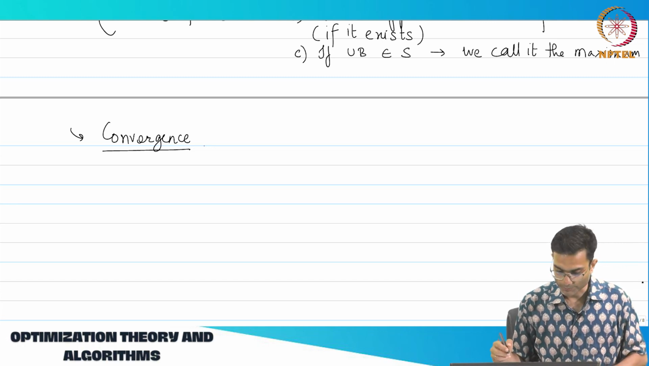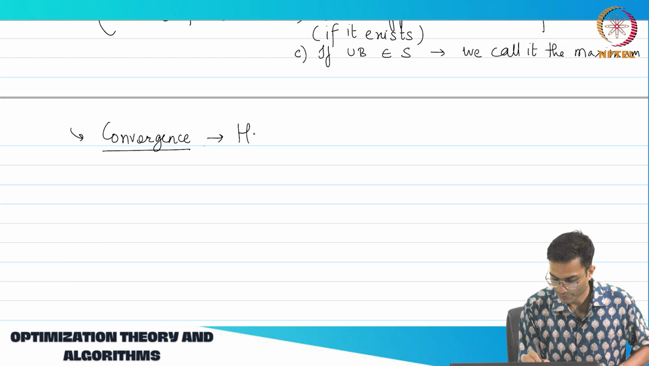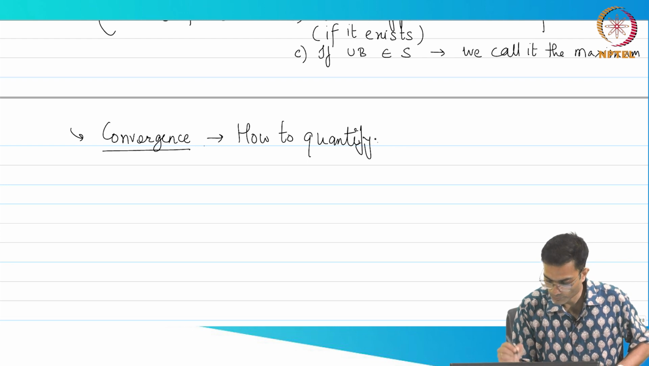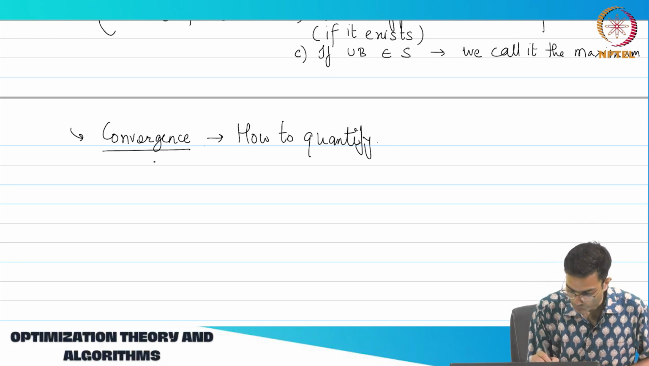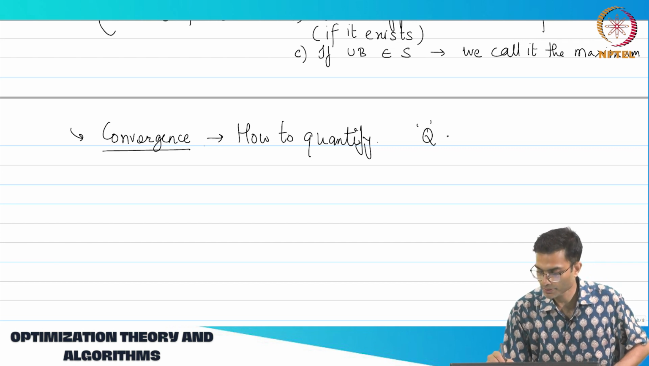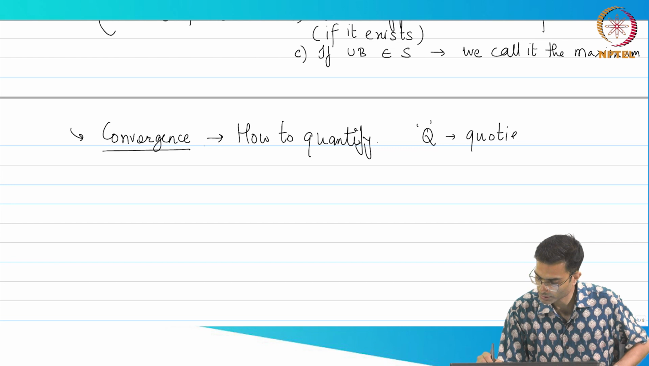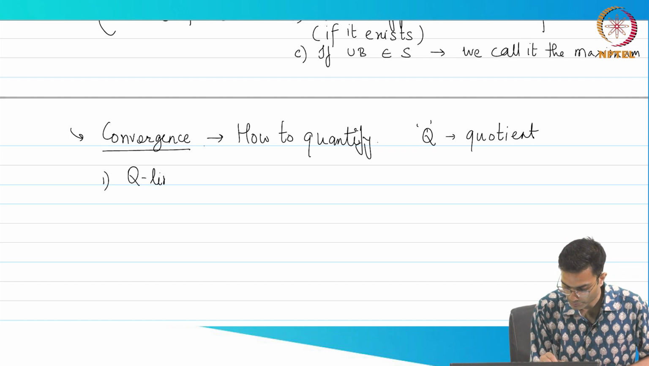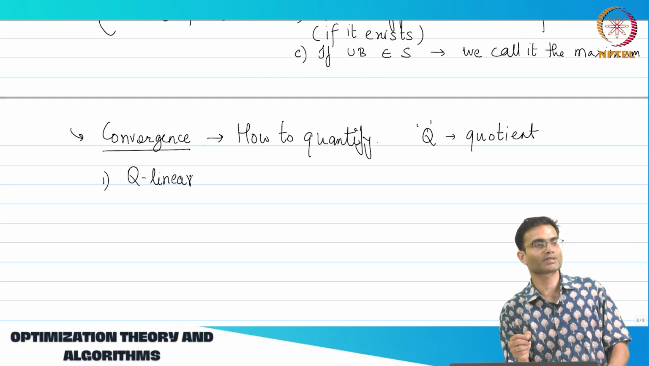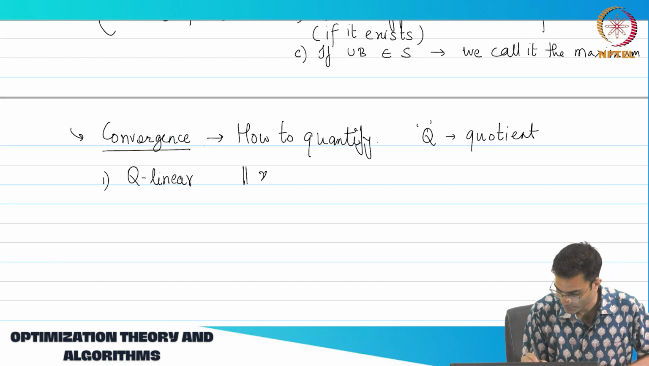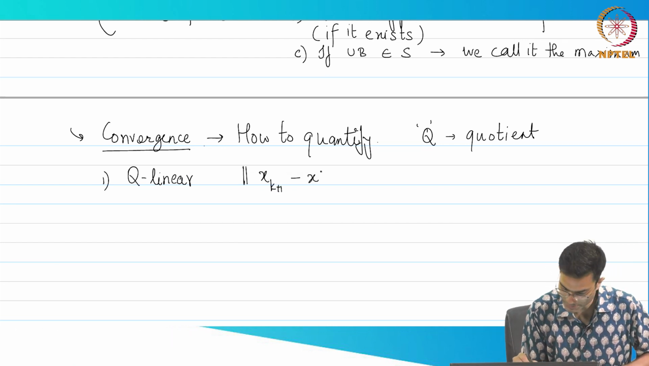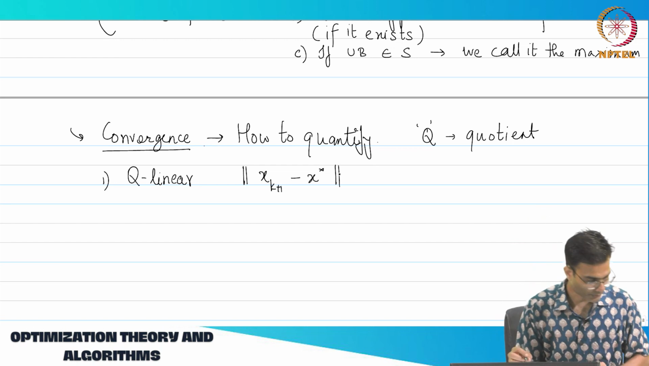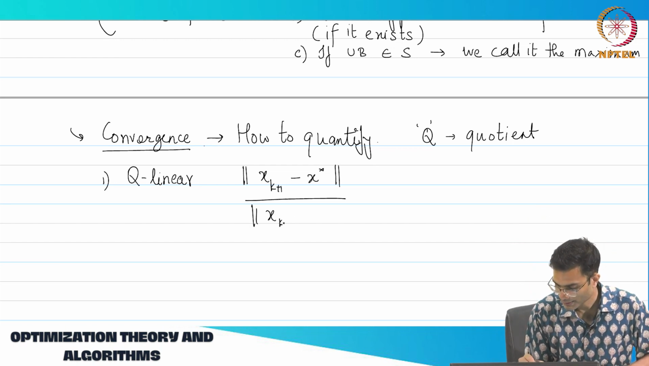Okay, so how do we quantify this? The letter Q will be used here, which simply stands for quotient. It will become clear what I mean. The first rate of convergence is called Q linear. In simple language, people will say linear rate of convergence, which simply means that the norm of xk plus 1 minus x star, where x star denotes the point to which the sequence converges, divided by the norm of xk minus x star,